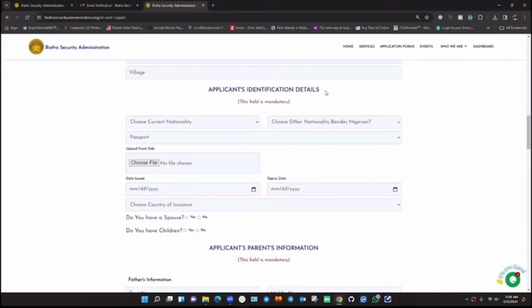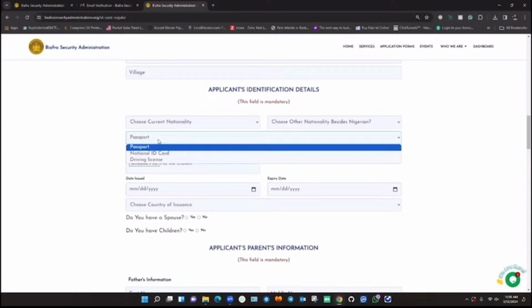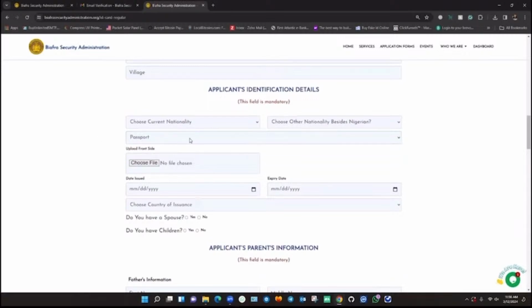Now, applicant's identification details. Once you reach here, this place will require what kind of ID card you have, be it a passport, a national ID card, or a driver's license. Depending on the one you choose, you are going to upload a copy of it. Now, having reached this extent, let's say I'm filling this form and I select passport as my form of identity document, and I select to upload the front side, which is the biometric part of that passport. When you click on this choose file, that is the place you are going to click to upload